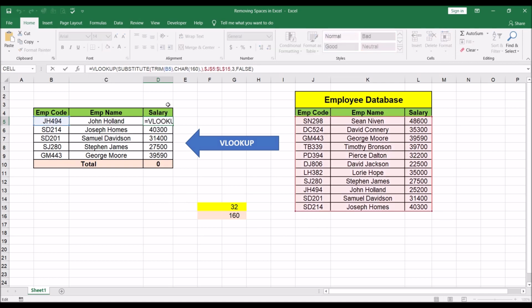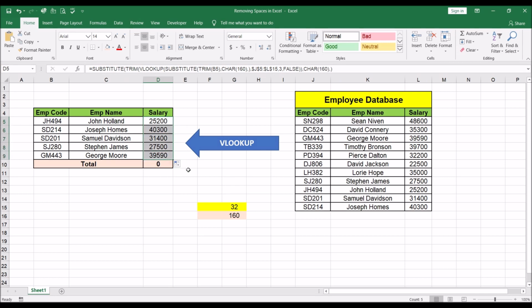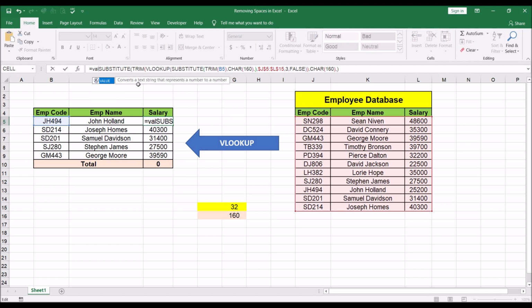So now what we'll do is we'll wrap this in a TRIM function, and then we put a SUBSTITUTE, old text, new text is nothing, and close the bracket. Now if I were to drag this down, this should be without any spaces. Now if I were to put this within the VALUE function,